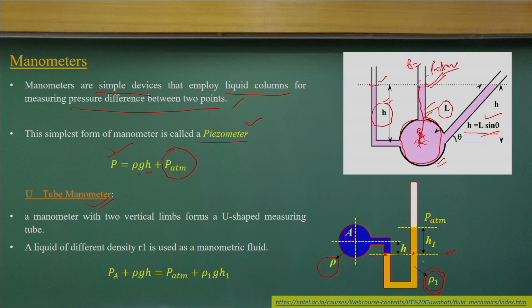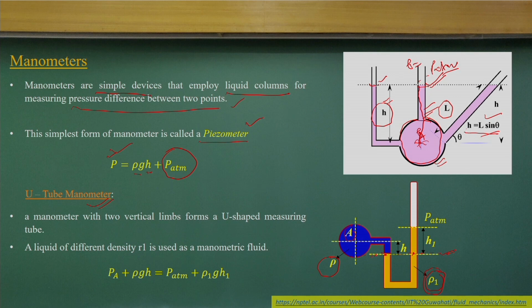When fluid is at rest, if you take a horizontal surface, any point you consider on it will have equal pressure. So, the same concept we are using: if I take this surface, which is the interface between these two liquids, the pressures will be the same. So I can equate them. The pressure at this point will be P atmosphere plus rho 1 g H1.